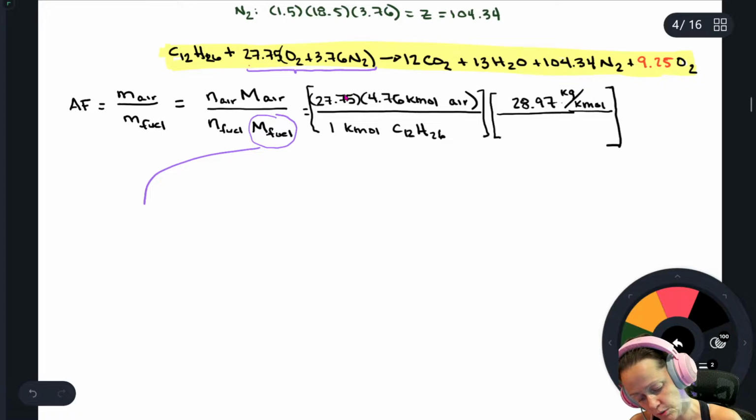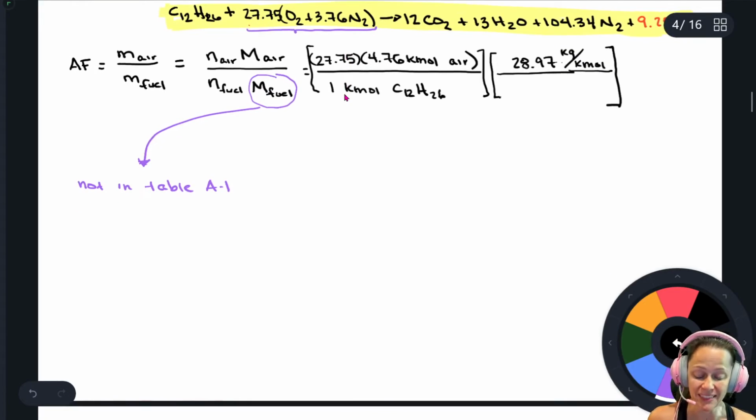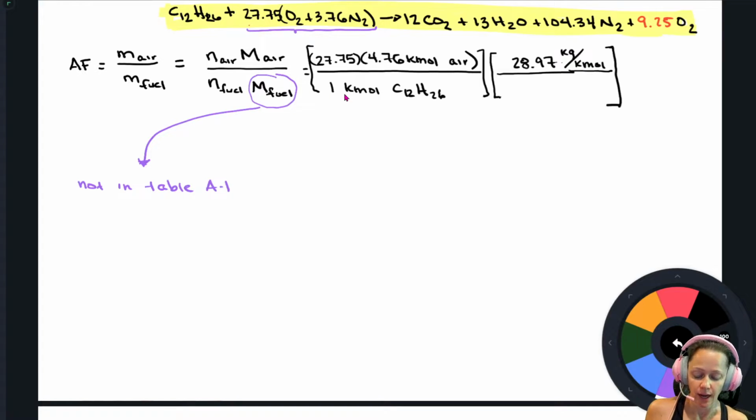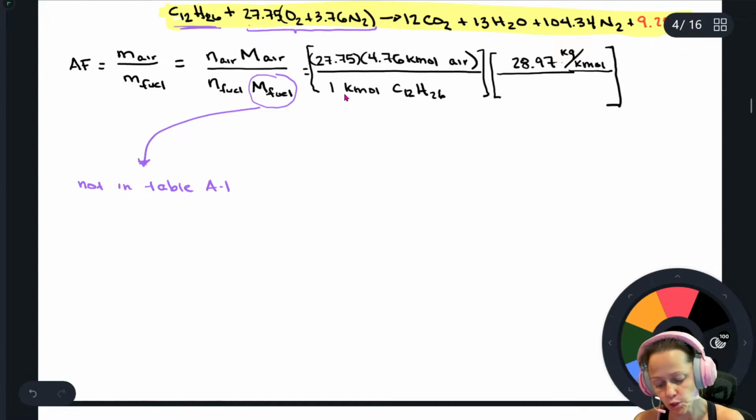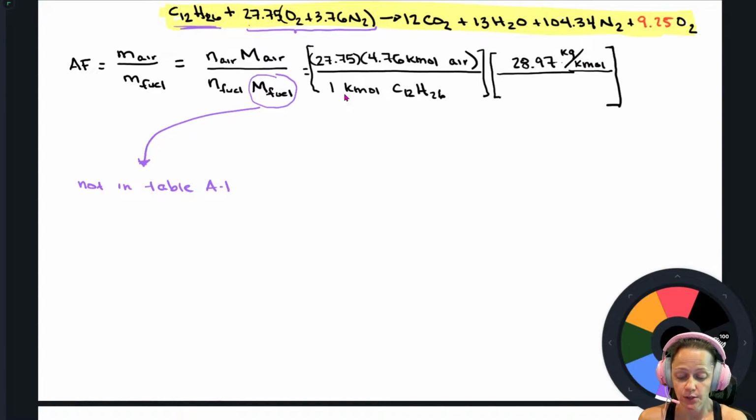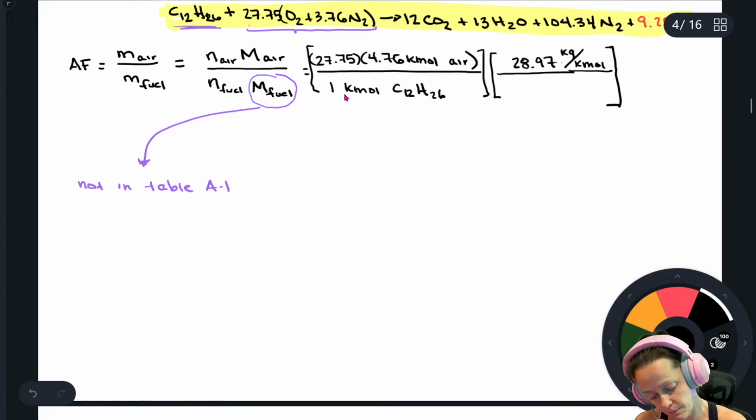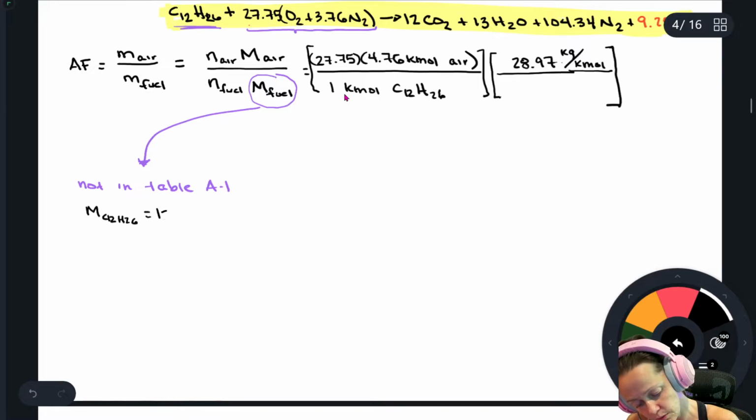This one's not too bad. It's not in Table A1, but that's okay, we can calculate it. We've got C12H26. So I've got 12 carbon,